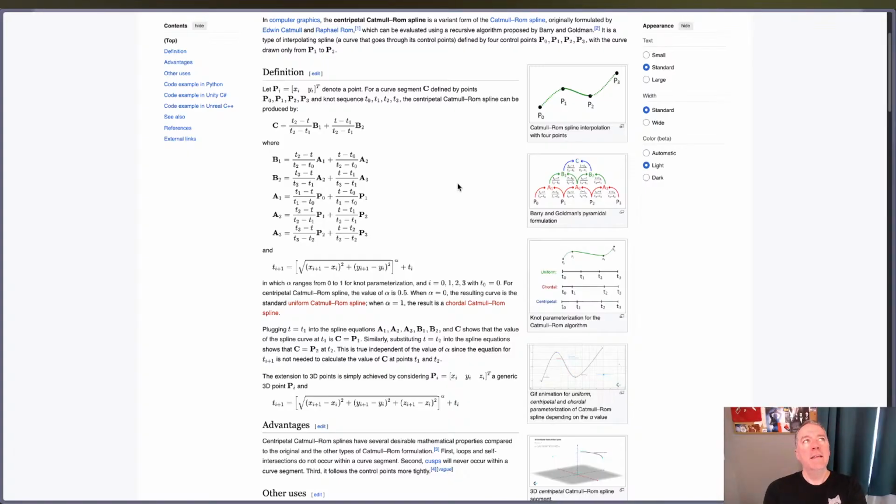So I think there's going to be a challenge here in that I want to make a sequence of these splines, right? But this definition is for one spline. So I think that we'll need to